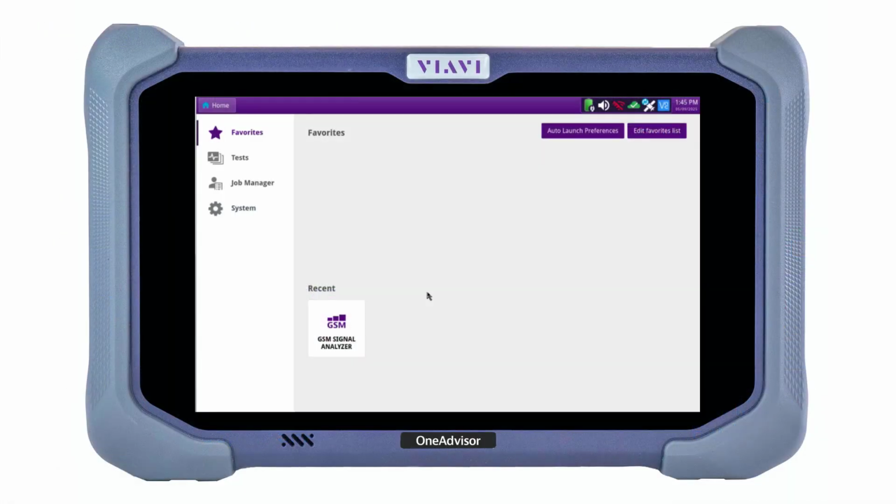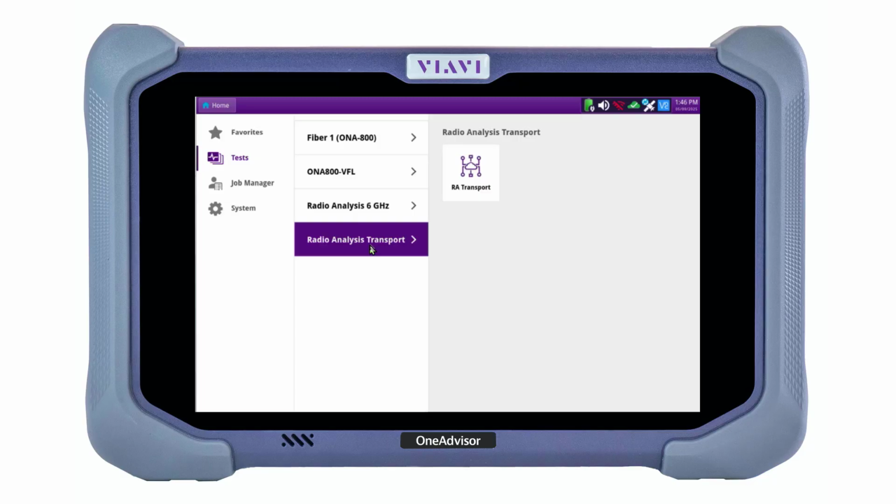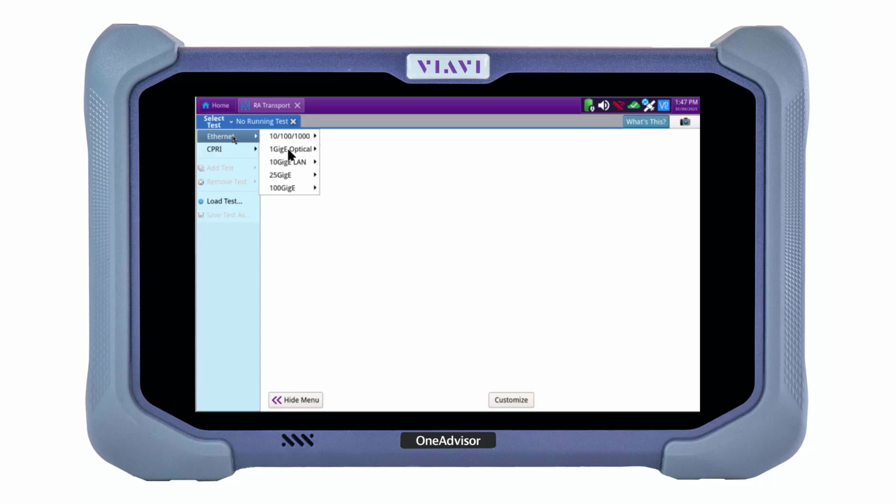I have powered up my OneAdvisor. From the home screen, I will tap Tests to display the test menu, tap Transport to show the transport test applications, and tap the transport icon. My Select Test menu is hidden, so I'll tap All Tests to unhide it. In the Select Test menu, I'll tap Ethernet, 1 GigE optical, Layer 2 traffic,